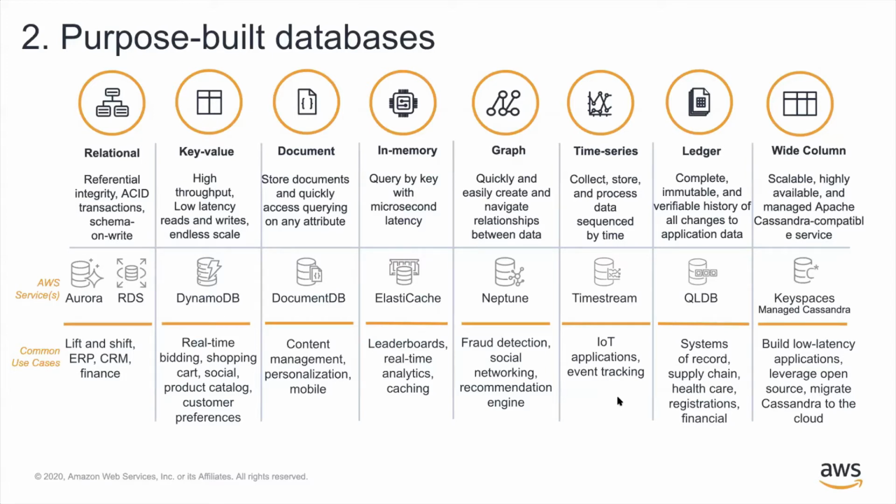They can also use Amazon Neptune, a graph database, to easily spot relationships within data for social media analytics or fraud detection. Now, keep in mind, these are just a few examples of the type of applications our customers are building and the reason why these databases are so important.